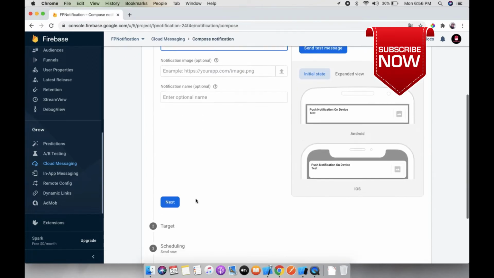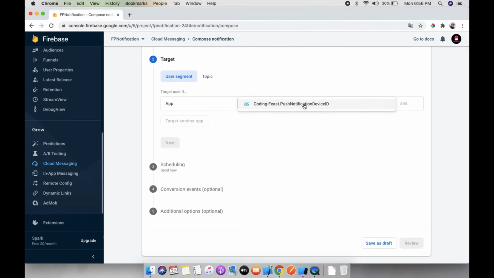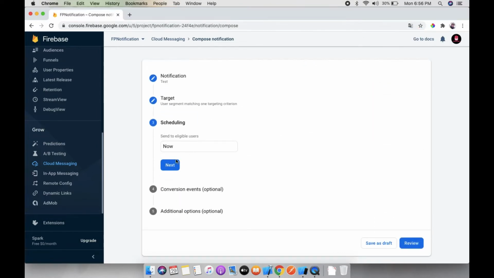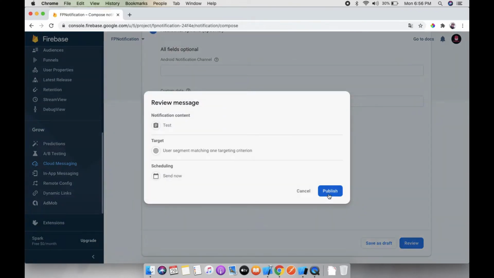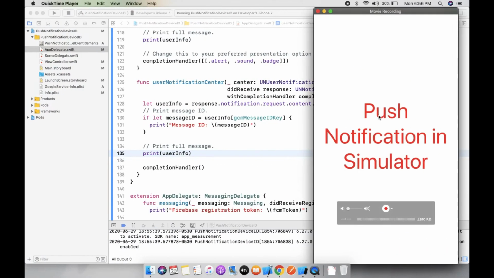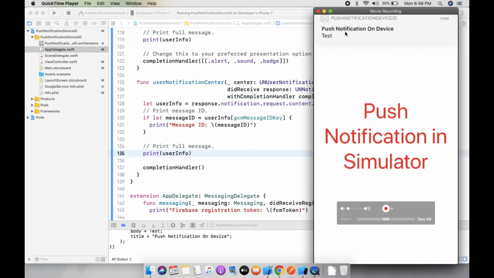First on device, let's send, select target, next, now, and review. Here you can see the push test notification on device.